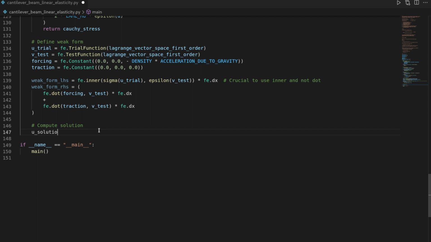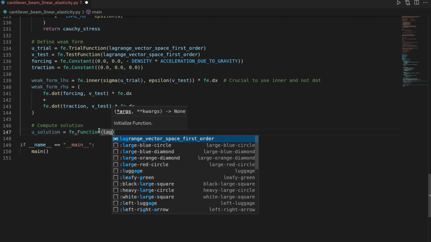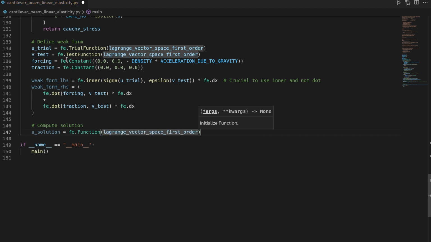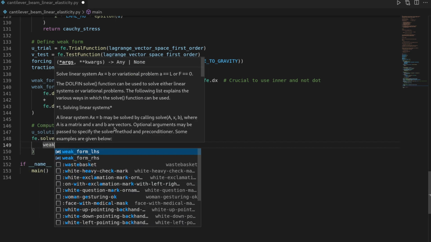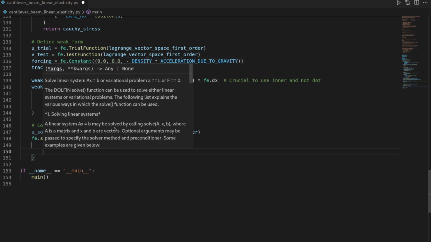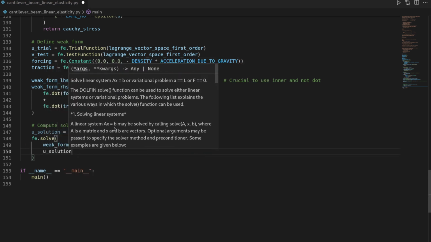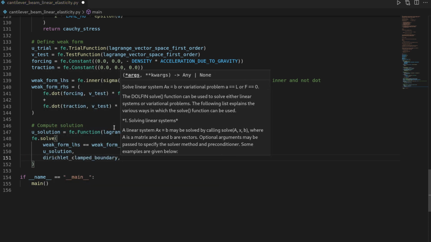So uSolution is going to be FEniCS.Function on our function space, because trial and test functions are used to represent our weak form, but this will be a variable where we can actually store our fields. And then it's just a call to FEniCS solve, saying weak form left-hand side is equal to weak form right-hand side. Then we can save the solution in uSolution, and we want FEniCS to respect the Dirichlet clamped